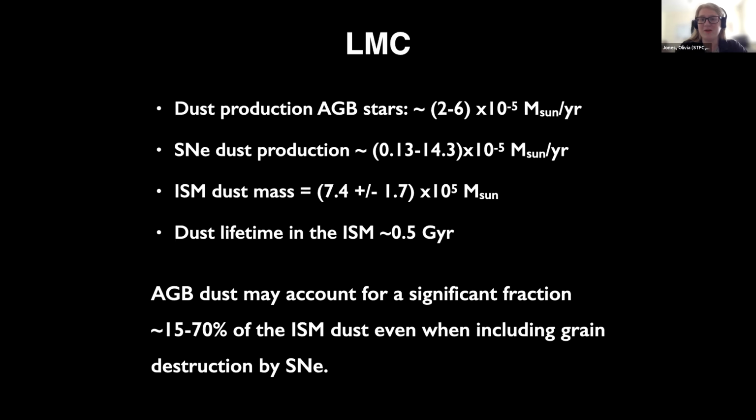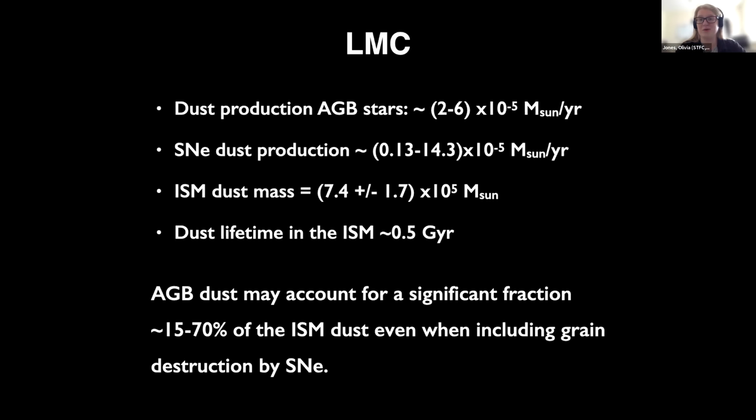With the Herschel view and other measurements of the Magellanic Cloud, you also have an idea of the total ISM dust mass. We also have wonderful imaging of supernova 1987A, so we can have an idea of the quantification of the dust production, though there are still very large error bars in that. With all that information together, the sources and sinks of interstellar dust, you can work out that AGB stars account for a significant fraction of the ISM dust in the Magellanic Clouds,